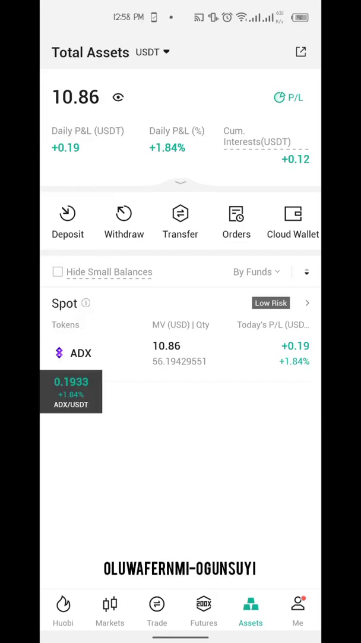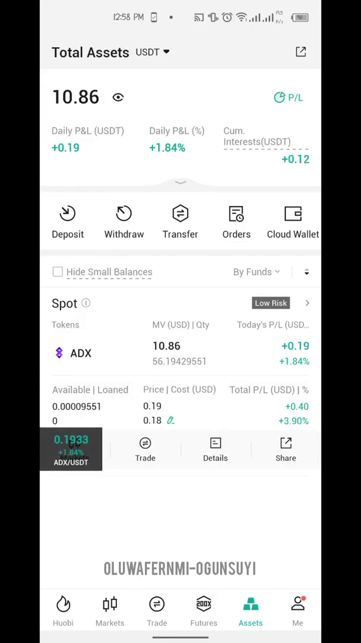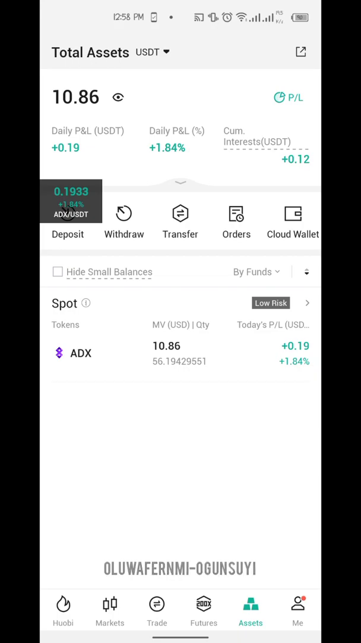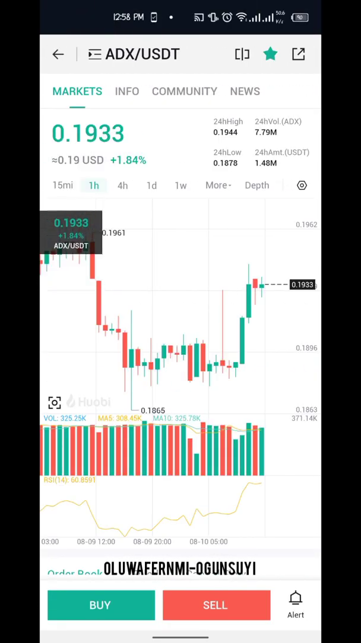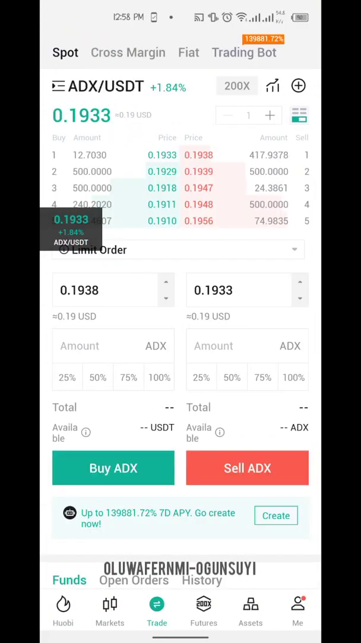This is the ADX screen, right? To set limit orders, you open your chart. Once in your chart, you click on whether buy or sell. So since you are selling,